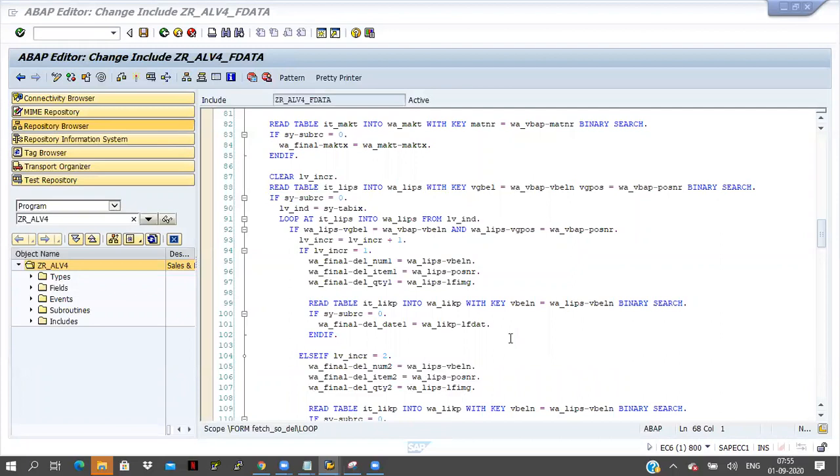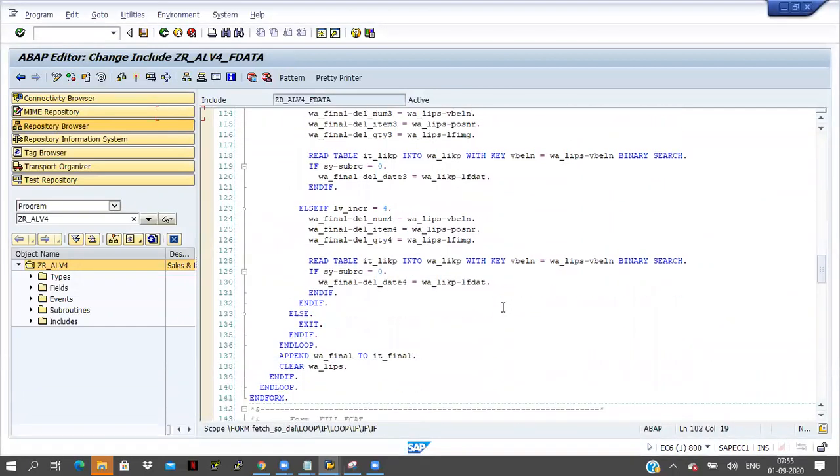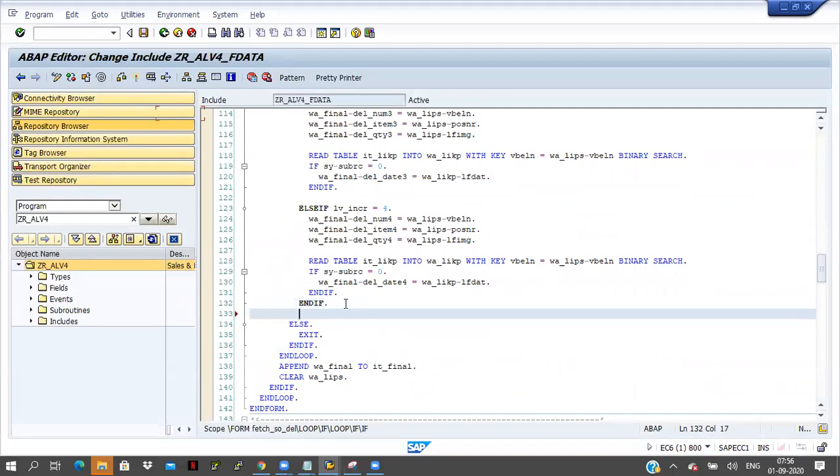And here 2 more fields are there, so I will complete that one, and after that I will go for that. Here I will take work area final hyphen total delivery quantity. Work area final total delivery quantity equal to what?